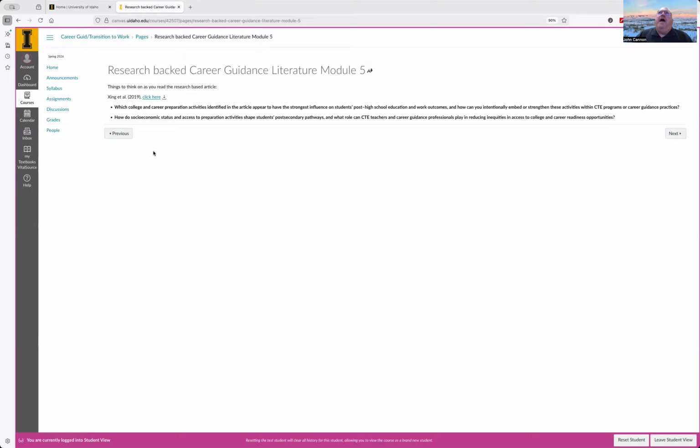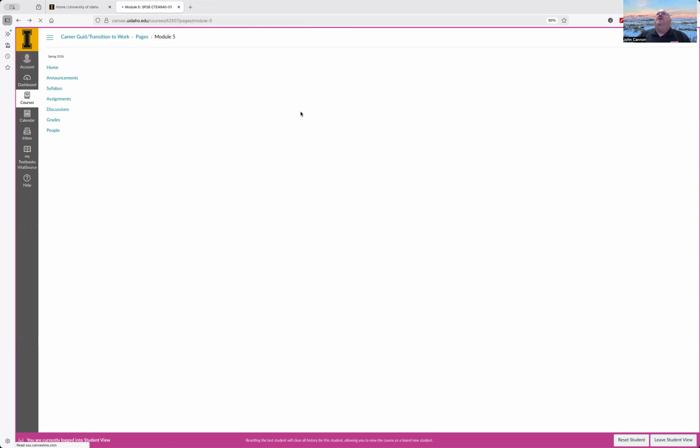And the second one, how do socioeconomic status and access to preparation activities shape students' post-secondary pathways? And what role can CTE teachers and career guidance professionals play in reducing inequities in access to college and career readiness opportunities? So those are the things to think about when you're reading the research article.